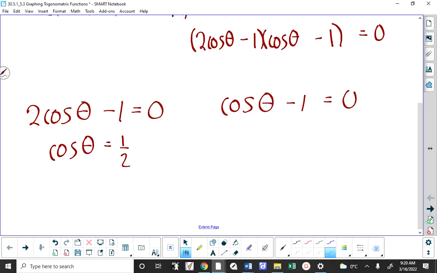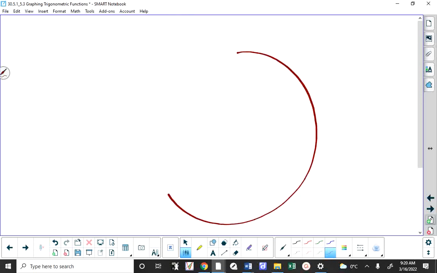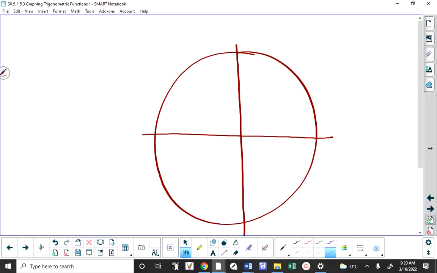Specifically, on the unit circle, an x coordinate of 1/2 occurs here at this location for theta, and here at this location for theta. You don't have to be a unit circle thinker. I'll show you again how we can do it in another way. But,